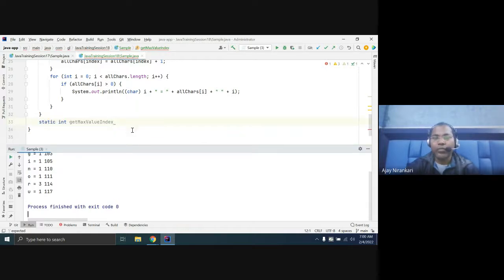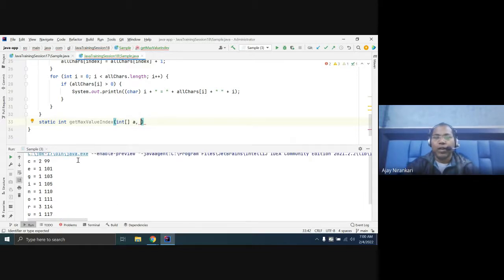So you have to pass two things here. One, the input array. And you just pass one value. Initially, whenever you are doing selection sort or finding max or min, we are assuming the first position is the max or min, right?